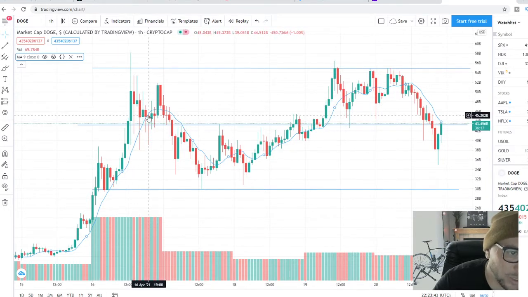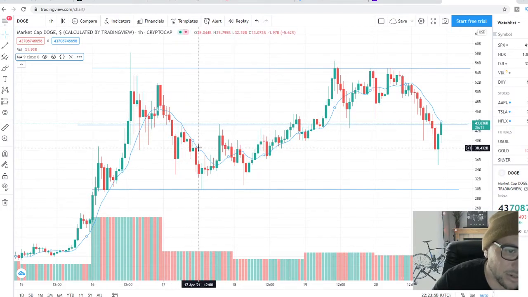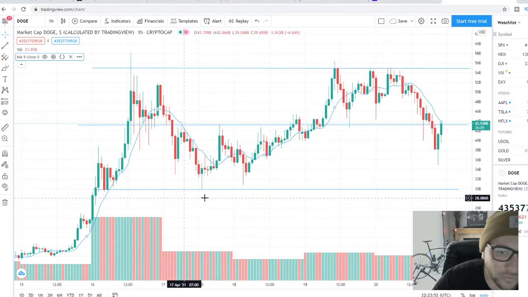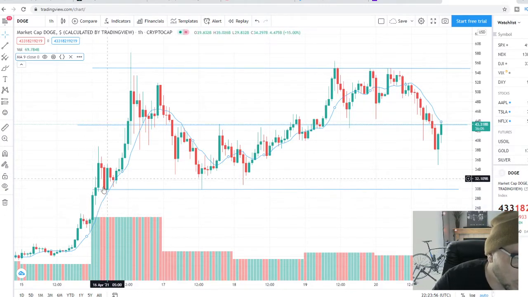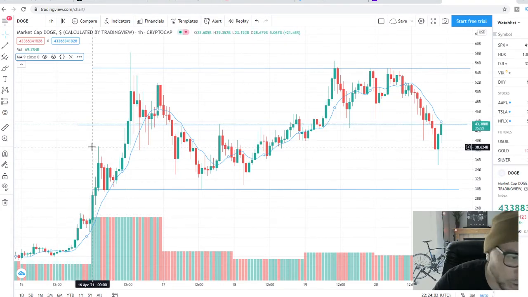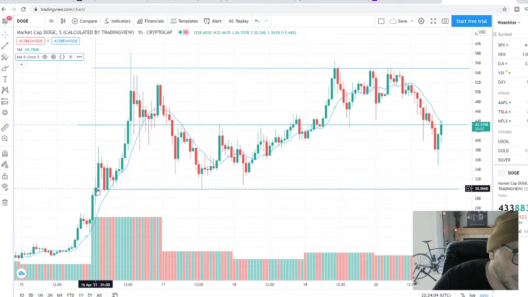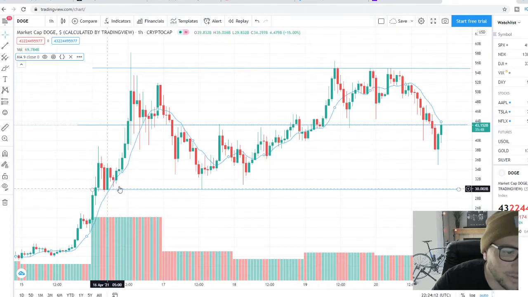As soon as this really broke down below the 9-day moving average, you can see it tested it here, tested it here, tested it here, kept breaking down, and found a bottom at about 30 cents. You can see from the initial breakout, when it broke out from this level at 24 cents and ran all the way up to 38 cents, it back tested this price point of 30 cents once, two, three, four, five, six, around 6 times here.